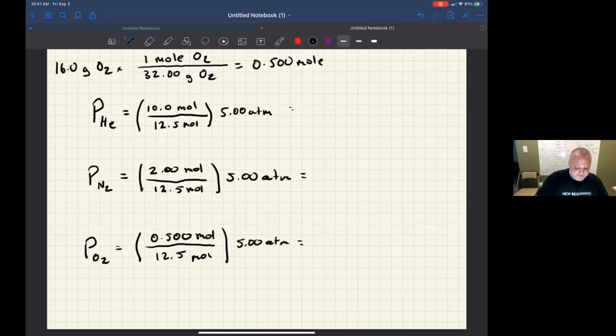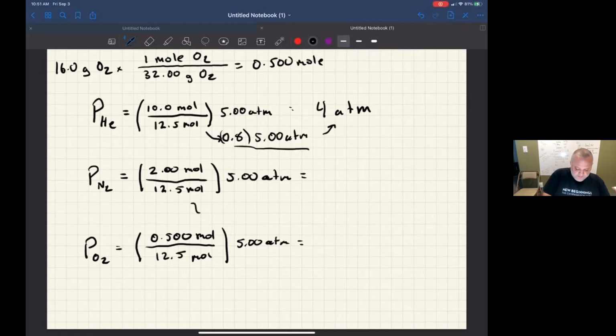Okay, the mole fraction of helium will end up being 0.8, and 0.8 times 5 is 4 ATM. The mole fraction was 0.8 times 5.00 ATM, and I get 4 atmospheres. The partial pressure,